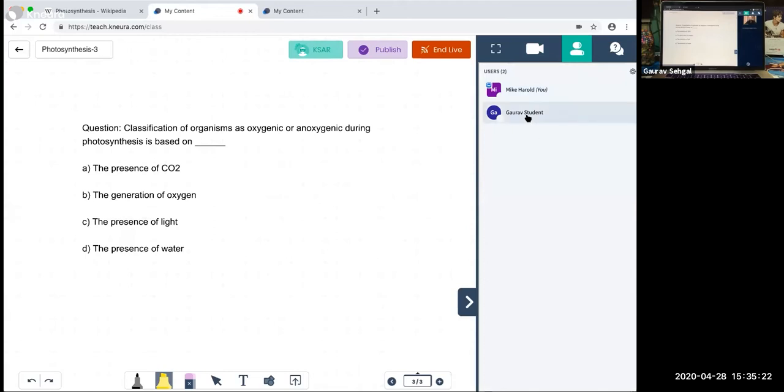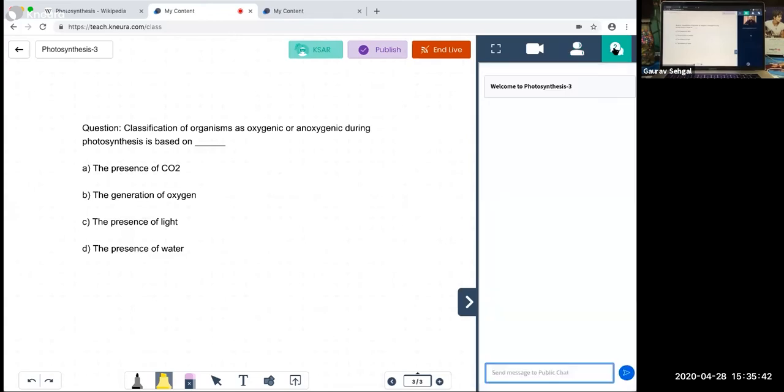But here you see that the names that you see here are the ones that have been added by the admin. So this makes it very easy for the teacher to know who all have joined, and which student is interacting, which student is talking, which student is drawing on the canvas. Everything the teacher has control over, and the teacher knows that clearly.